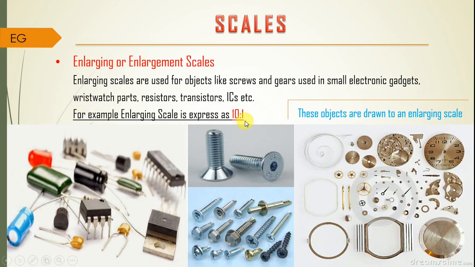For example, we are taking the scale as 10:1. So what it means, if we are drawing a line of 10 mm, then treat it as 1 mm. So that is what actually the enlargement scale, isn't it? So if we are drawing a line of 10 mm, treat it as 1 mm, that is actually the enlargement of scale. And at the scale location you have to mention in your drawing sheet the scale, or simply say scale as 10:1. So it indicates here we are having the enlargement of scale. Move to the next,